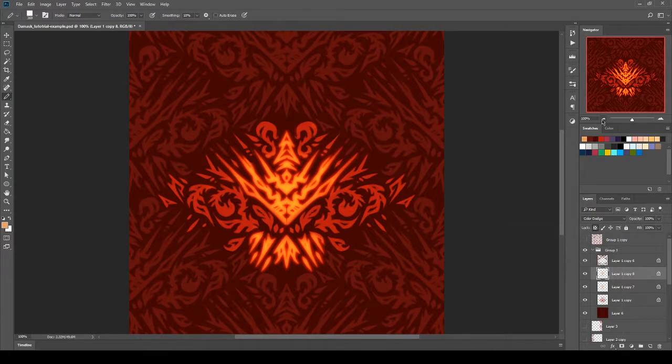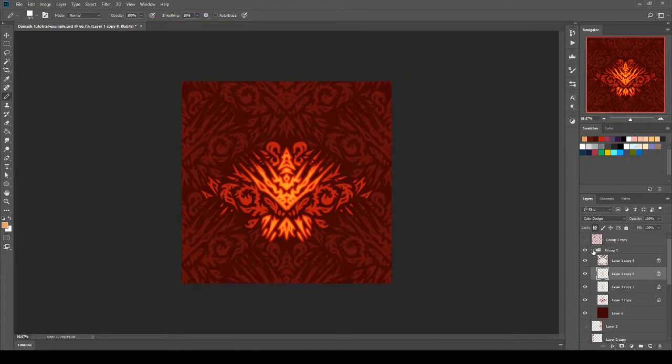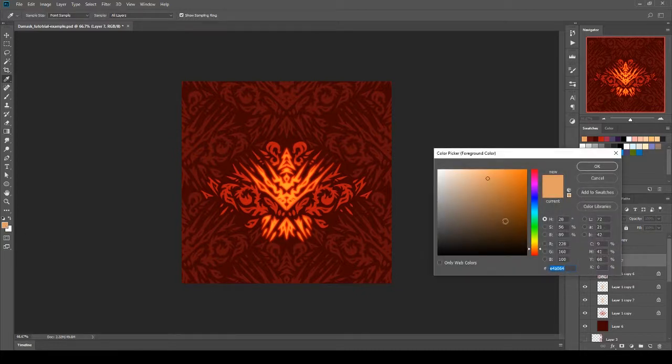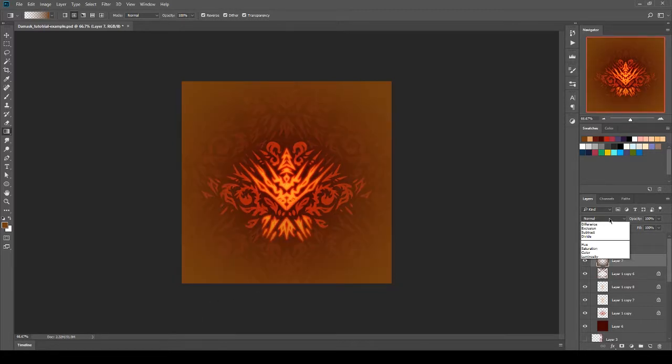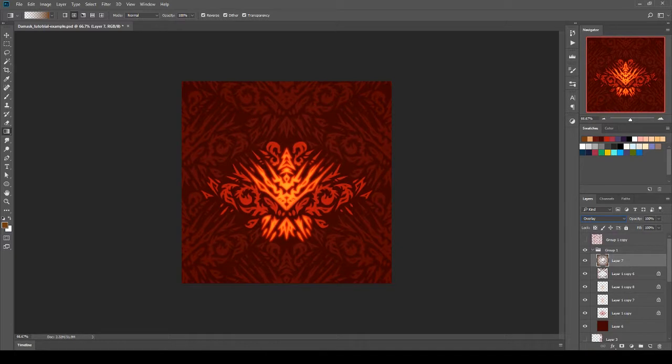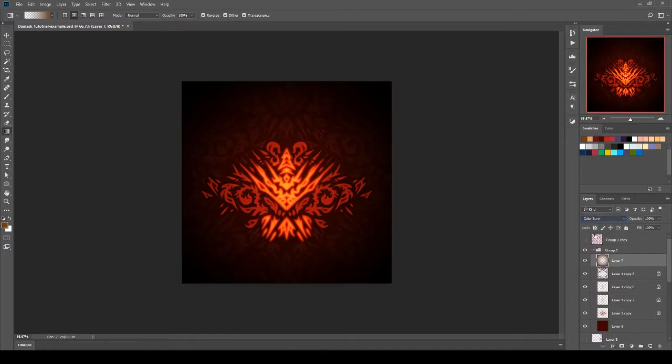And then for a fancy little trick, we get our gradient tool, circle gradient, reverse it so that we can get the outside instead of a circle gradient. We make it around the outside edge here, and then